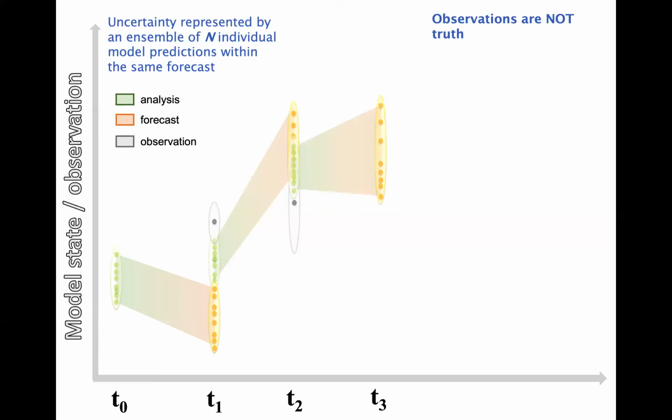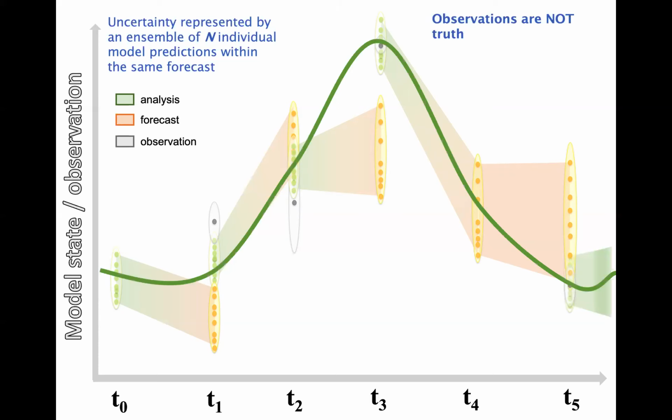We evolve that through time. This time we're super confident in the observation, so the analysis will move a lot closer to the observation. And then we evolve that through time. Maybe we don't have anything to assimilate at this time step, and so it just keeps evolving. So that, in a nutshell,